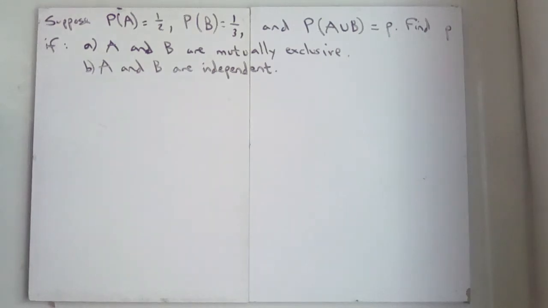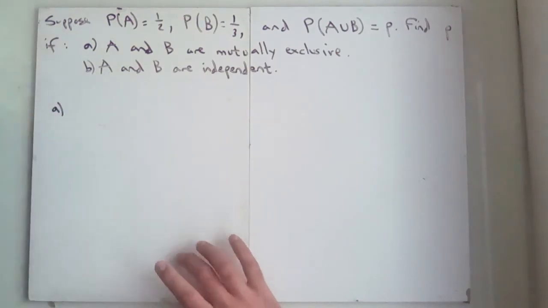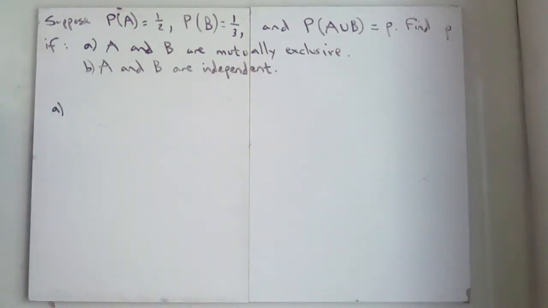Suppose P(A) equals 1/2, P(B) equals 1/3, and P(A or B, or both) is p. Find p if A and B are mutually exclusive, and if A and B are independent. So if we just go straight for part A, look at the formula book, it says mutually